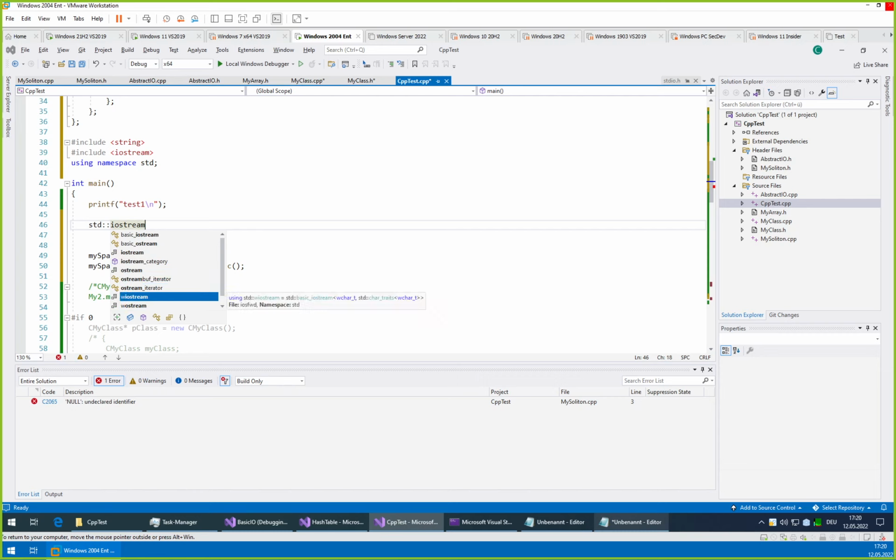The iostream is for the other thing. So iostream is such a general class, like our abstract IO. What was it? Just have to find the right name for that.